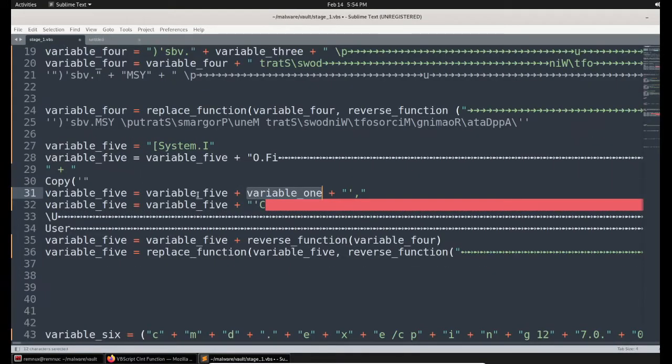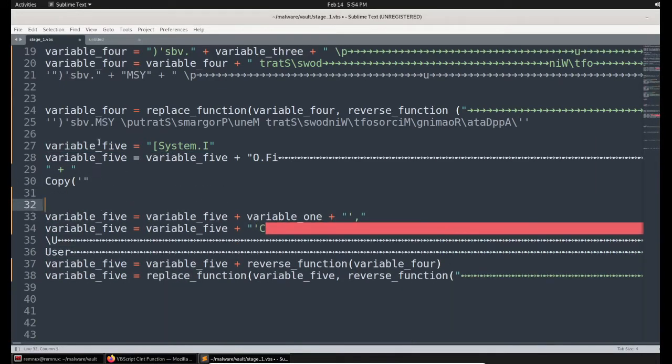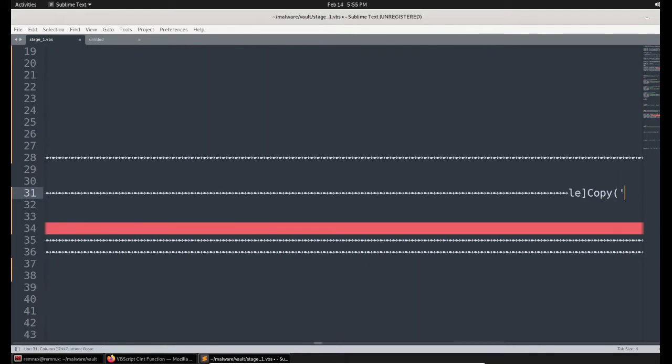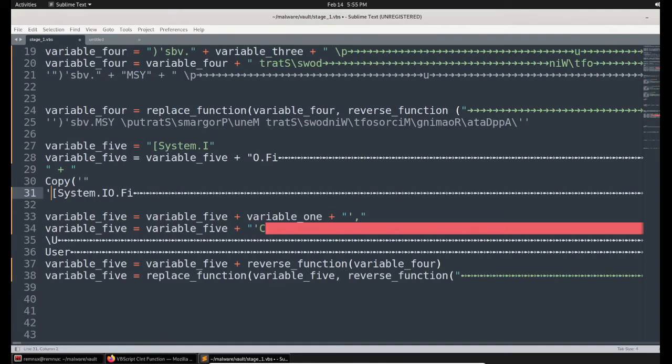And I need to concatenate this variable 5 value with, first of all, before doing that, let me bring this entire value here as a comment, just for the sake of understanding. I cannot paste it as a comment, so I'm simply ignoring this for now. I'm keeping the value here.